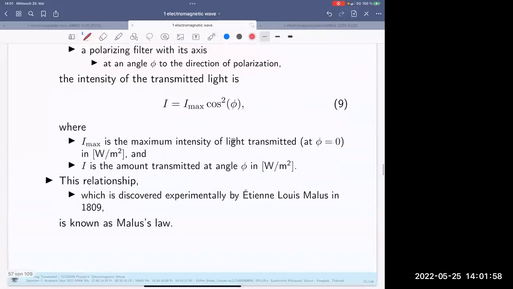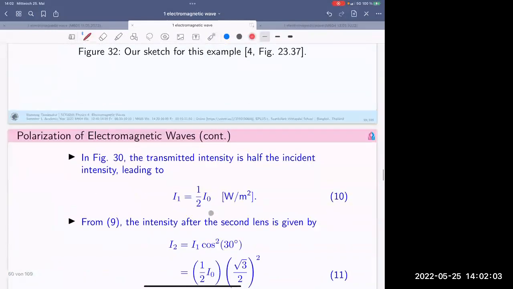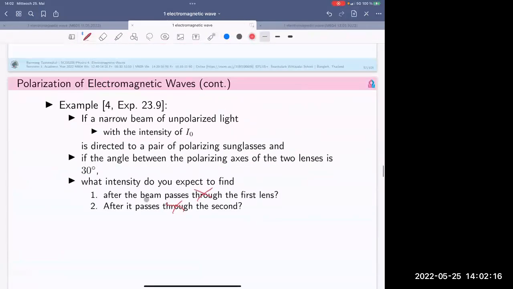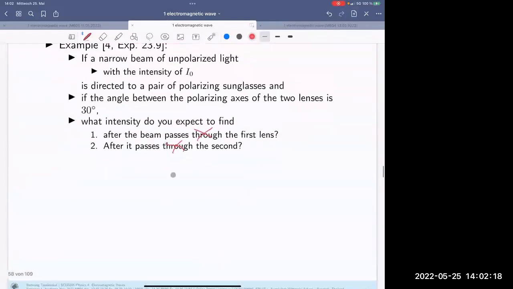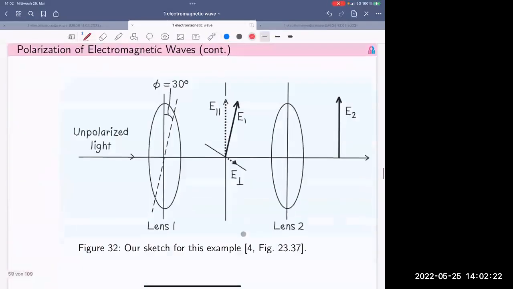Okay, Malus law here: I equals Imax cosine square theta. And as you know, your Imax is I1, right? Your Imax is I1, so it's 1/2 I0. Okay, and we substitute the amount of angle that is deviated, 30 degrees, into the expression by Malus, and you could see that